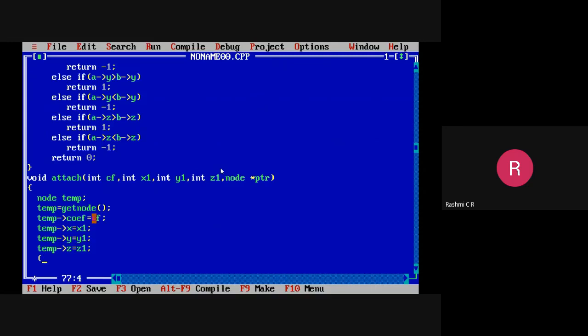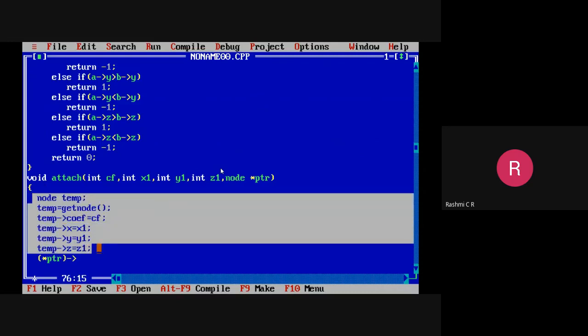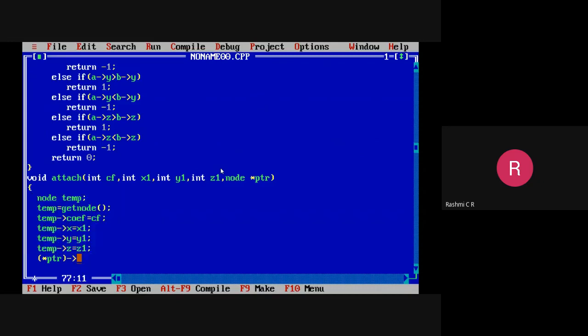Afterwards, I have to assign the link part. So PTR will hold the address of that last C. What happens to its link part? PTR link, because you are appending to the right. Because the header node is already present, some of the terms may already be present. This temporary node is the new node which you are creating for this particular term. This should be appended to the right side of the node whose address you get from the function call.